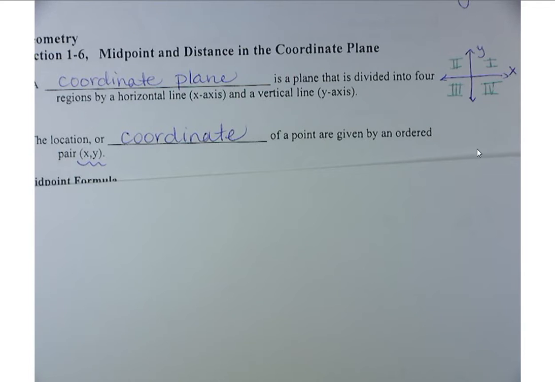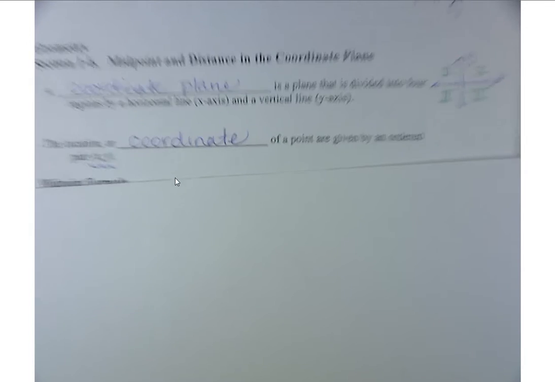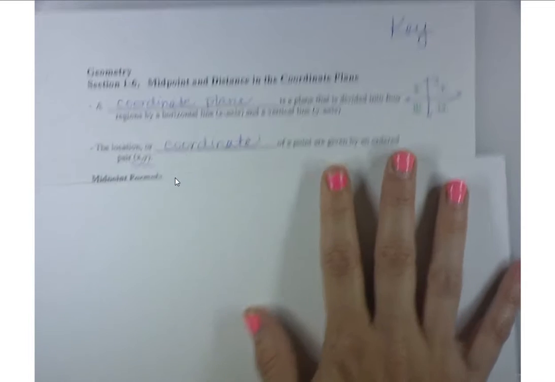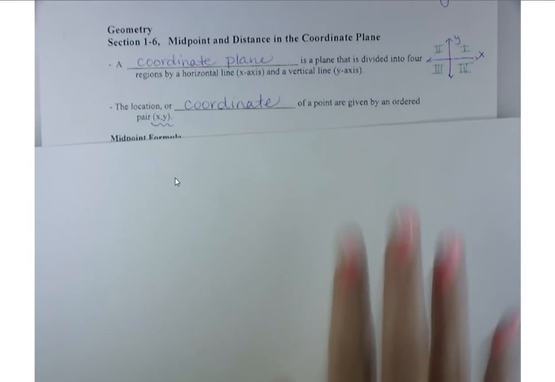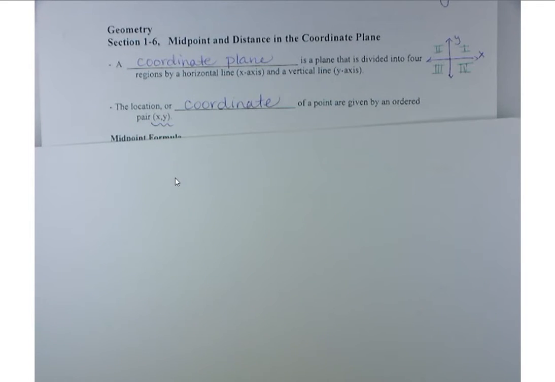Yep, exactly. So the location or coordinate of a point is given by an ordered pair x, y, which I know you guys have also done before. When we're using our midpoint formula and our distance formula, we're going to rely on these points in order to help us find the distance or the midpoint. The midpoint,